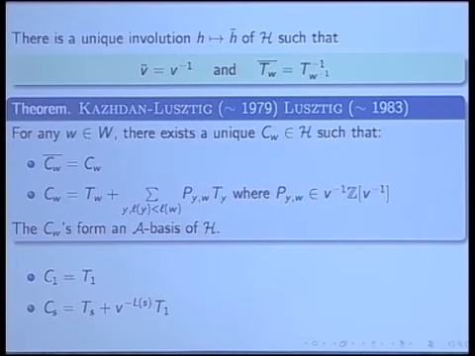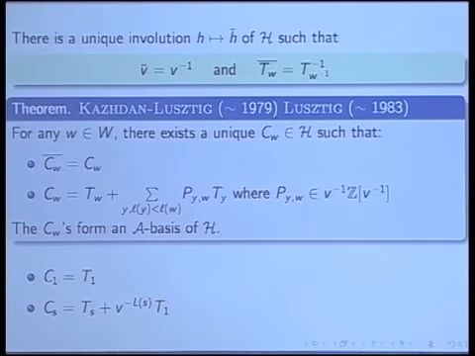So that's the weight function there. Everything I'm saying depends on your choice of weight function. If you change the weight function, you don't get the same basis here. So I have the Hecke algebra, a standard basis T_w, the Kazhdan-Lusztig basis, the change of basis is triangular, and